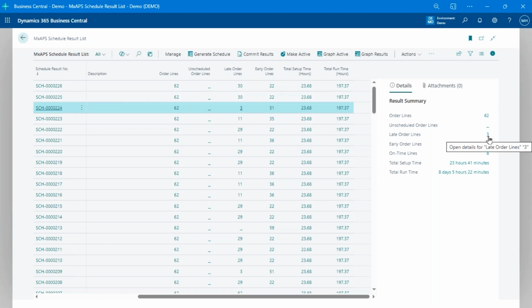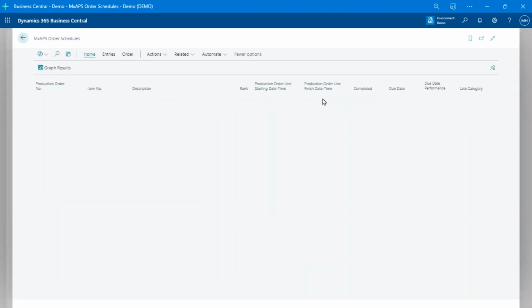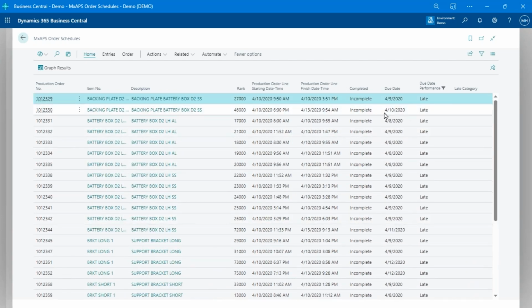Unlike standard Business Central, it doesn't really have that concept of this thing's going to be late or not, or early or whatever. So this particular scenario that I ran, I had only 3 orders that were late, tons were early, and a few were on time. My current scenario that I just ran, I've got a ton of late orders, and I can drill down and see which orders are going to be late and things like that, and figure out what to do, like how late are they, and deal with that.